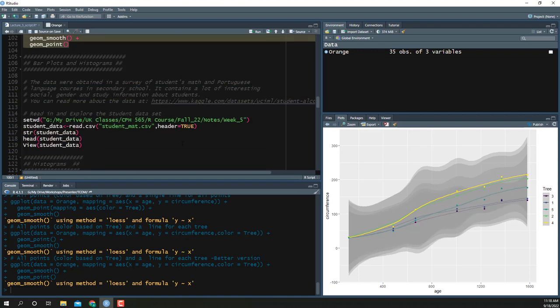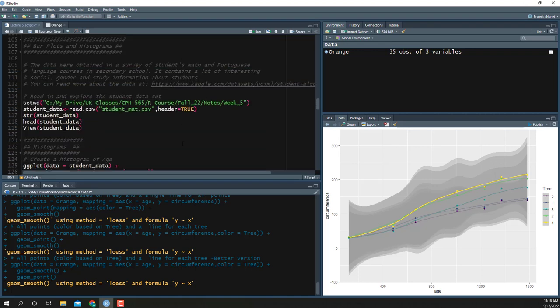All right, so next we're going to look at bar plots and histograms. So for this one, you're going to want to call in that student data set that you got off of Canvas. So remember, whenever we're reading in a data set, the very first thing that we want to do is we want to set our working directory. A couple different ways we can do that. We could